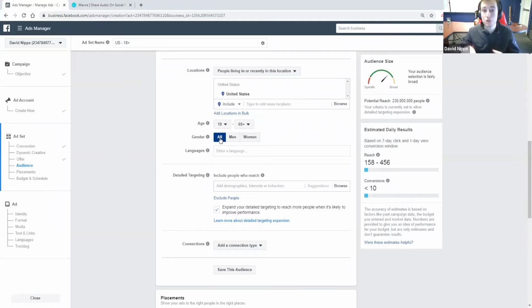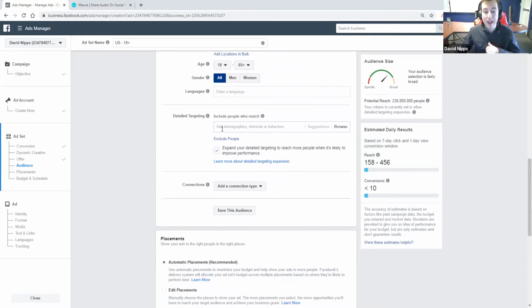But for you, if you're a women's brand or you're a men's brand, or maybe you're targeting a specific age group, you'll want to make sure you change that up as necessary. But potentially, you want to reach a brand new audience with your podcast, which is a great way to use Facebook ads. So potentially, if you want to use some of your own targeting, you can use this detailed